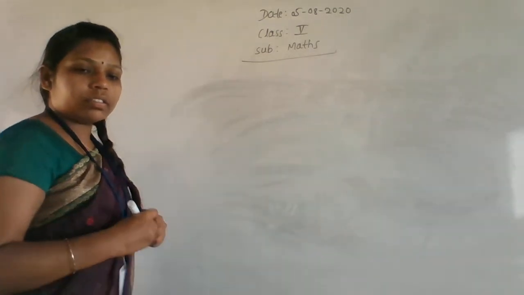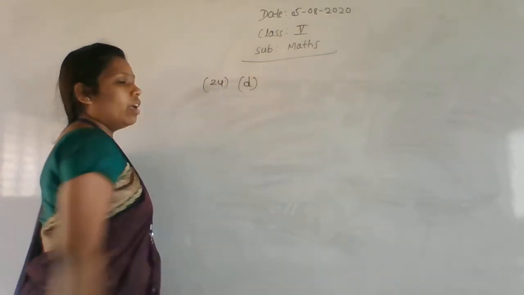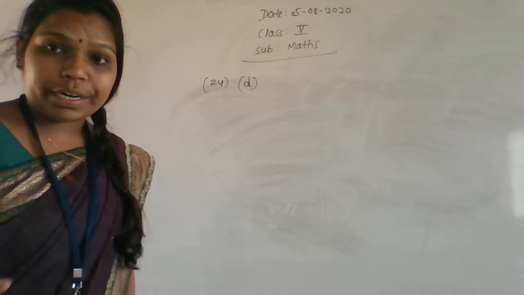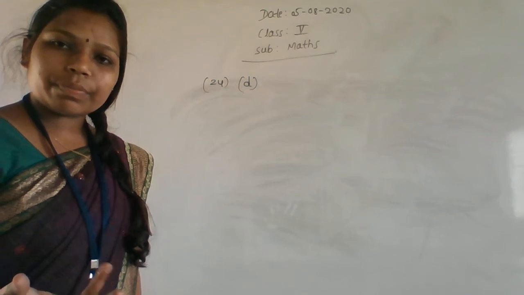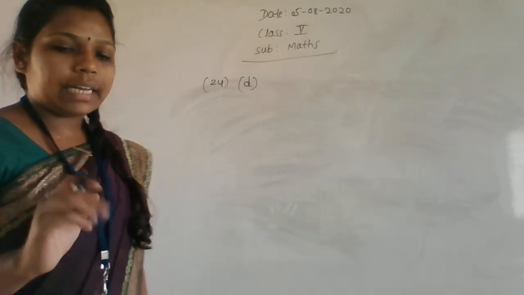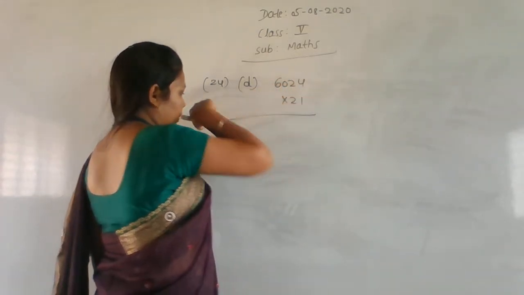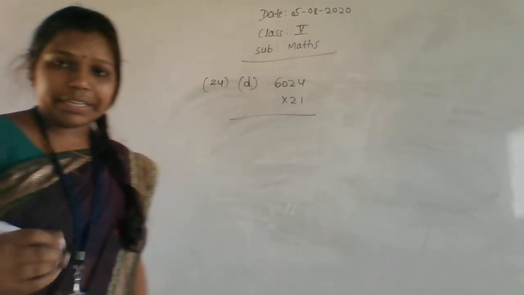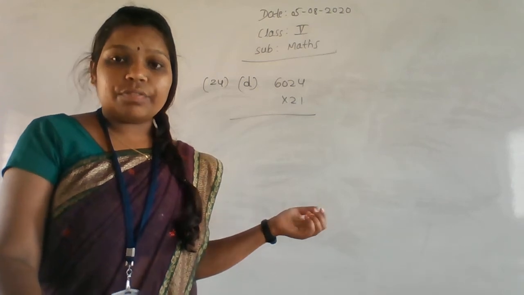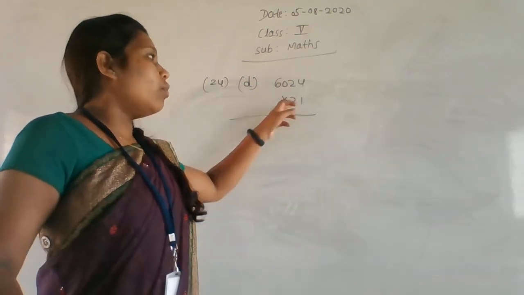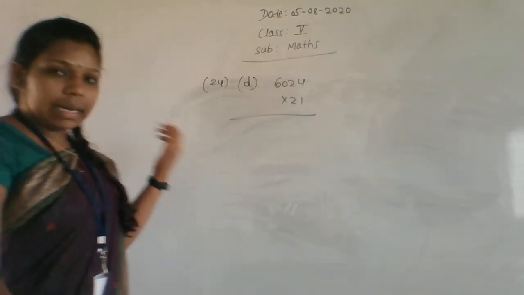That is question 24. In that, the deep one I am doing. First A, B, C you have to do at home. These are very easy problems because that is multiplication, right? So you have to do it at home. The deep one I do, that is 6024 into 21. If you know the table, then it is very easy. If you know the table of 21, then it is very easy. If you don't know the table, then again you have to do the one by one multiplication. So now we'll do it with the table only.